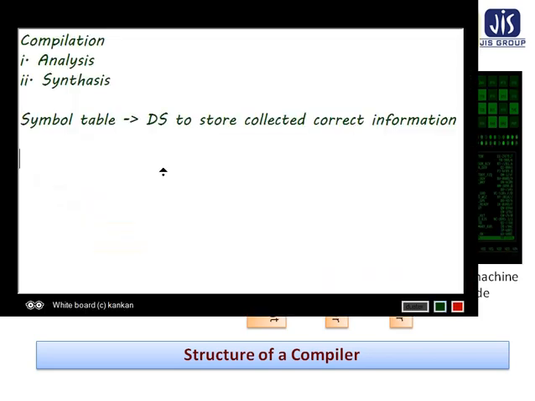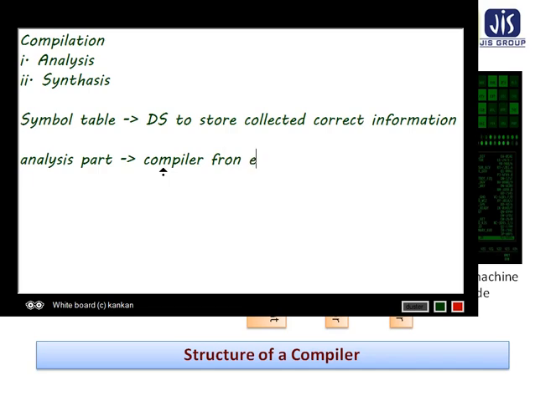What have I told you? The analysis part is the compiler front end part. And what about the synthesis part?